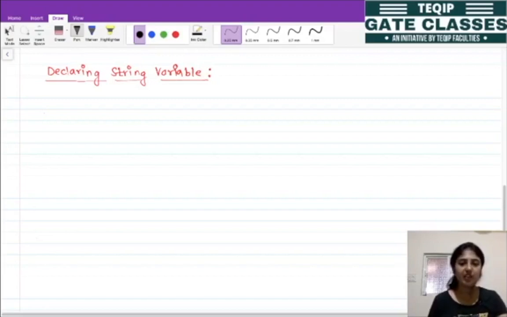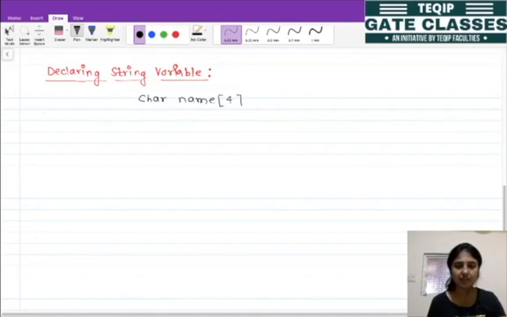We know that the string variables or the string constants are basically a one dimensional character array. So here we have to declare a character array. It is like char and the name of that character array. Inside this bracket we need to pass the size and a semicolon. So this is the way we can declare the string variable. This is the size of our block, this is the variable name, right, and this is the data type.